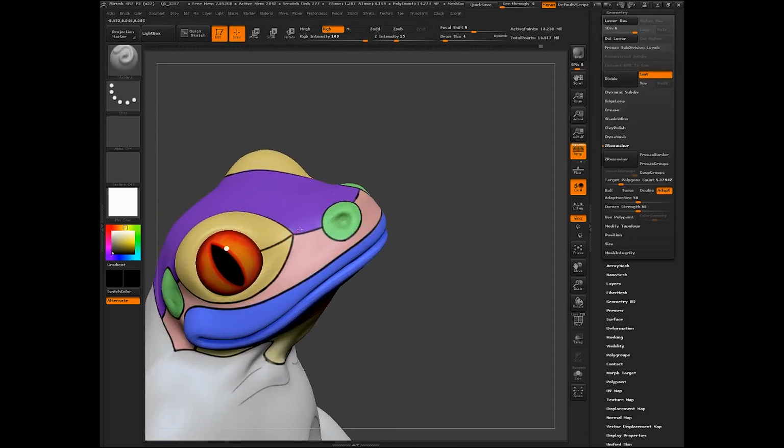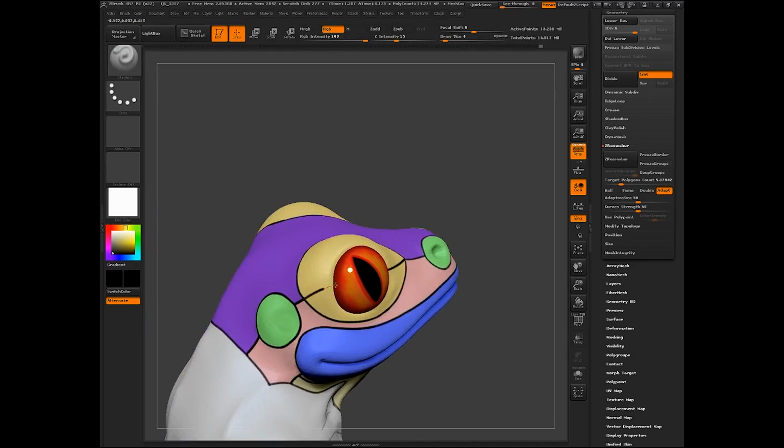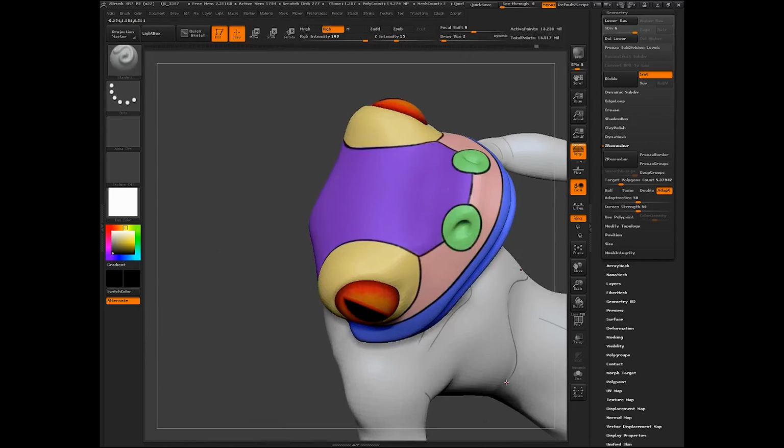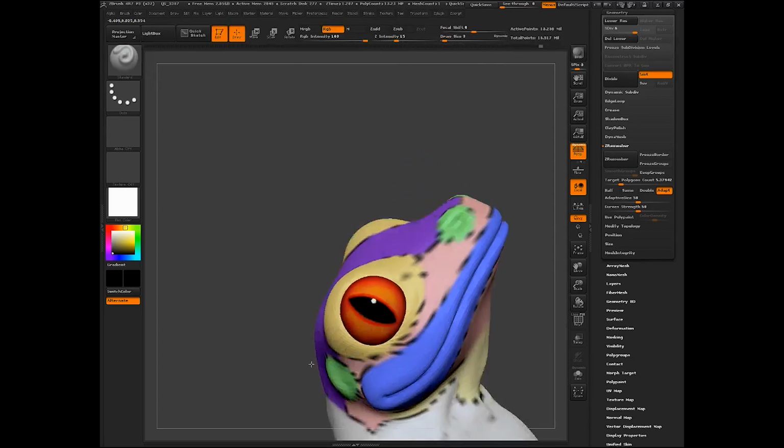So what we're going to do now is just start drawing in some of the polygons between the major groups, or inside the major groups. So I'm going to go with a 2 for my draw size. Actually, I'll probably go to a 3. That was a little chunky. So yeah, just adjusting to 3. That looks better.